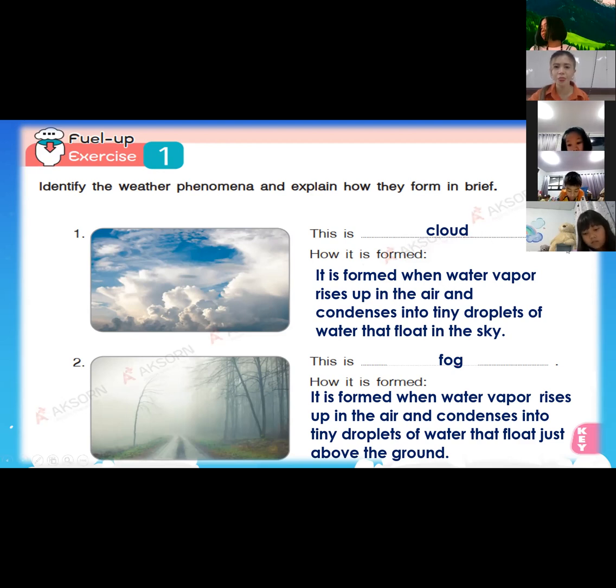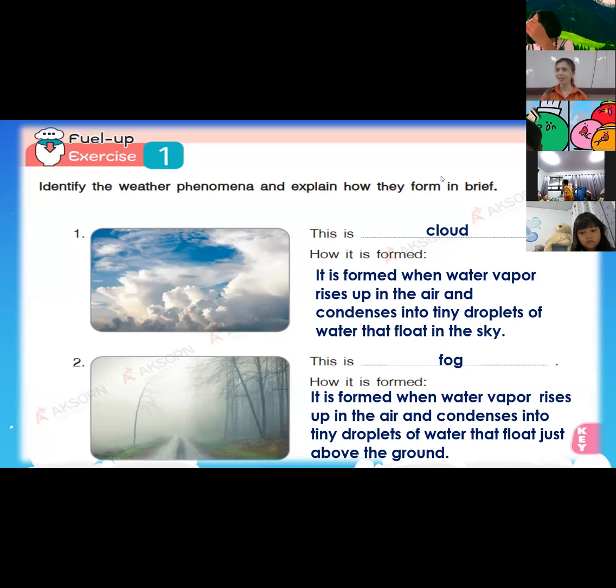Okay, next. Finished? I'm going to count 1 to 20. 1, 2, 3, 4, 5, 6, 7, 8, 9, 10, 11, 12, 13, 14, 15, 16, 17, 18, 19, and 20.